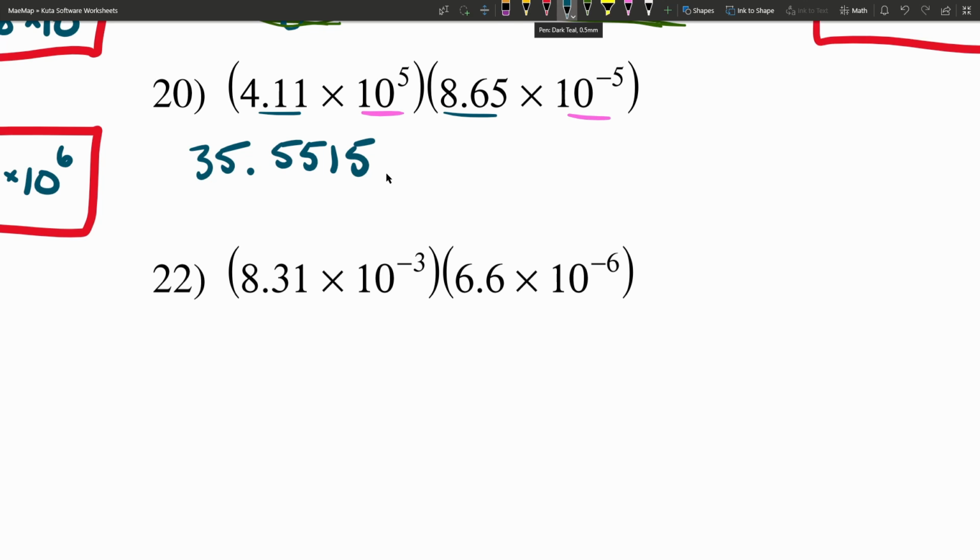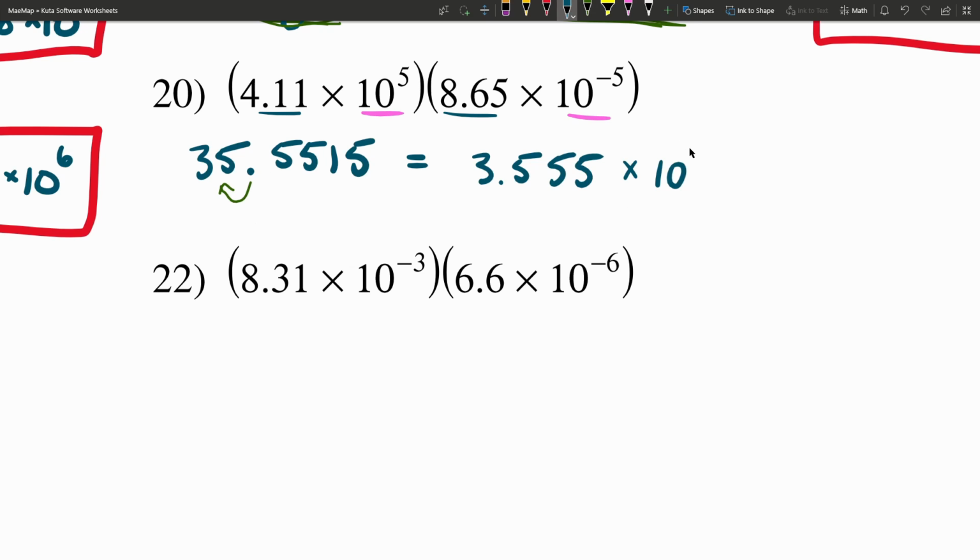35.5515. So if I need to write this in scientific notation, I need to take that decimal and move it once to the left. So I'm going to get 3.5, and no need to write out all these decimals. Let's just go to the thousandths place. So we'll do 3.555, and we're going to multiply that by 10 to the, well, we moved the decimal place once to the